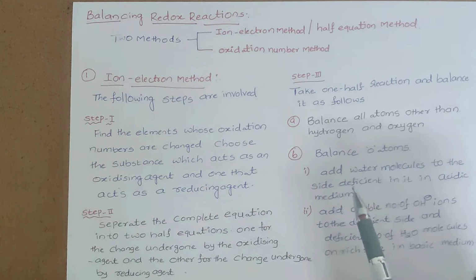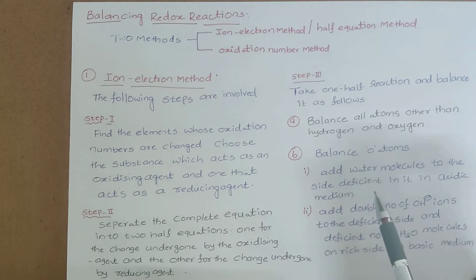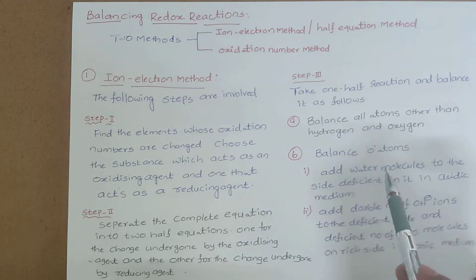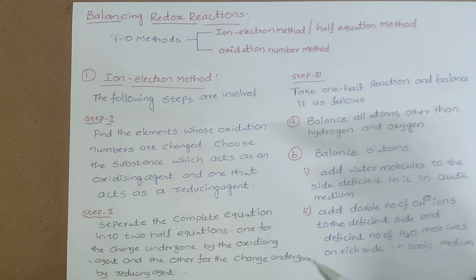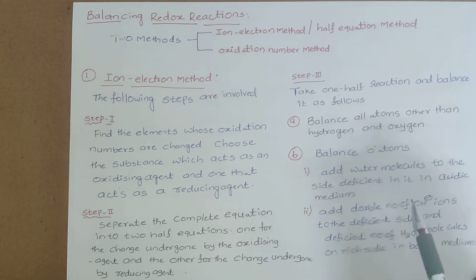After that, we need to balance the oxygen atoms. The redox reaction takes place in either acidic medium or basic medium. In both cases, we do not follow the same procedure for balancing the oxygen atoms or hydrogen atoms. This we need to remember. The rest of the steps may not be possible to remember. Normally, as we write the equation, we can easily identify oxidation and reduction, and we can easily separate the oxidation and reduction half reactions with knowledge. But to balance the oxygen atoms and hydrogen atoms, there is a certain procedure that we have to remember.